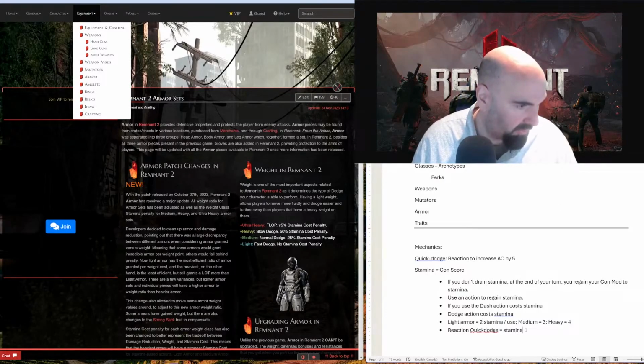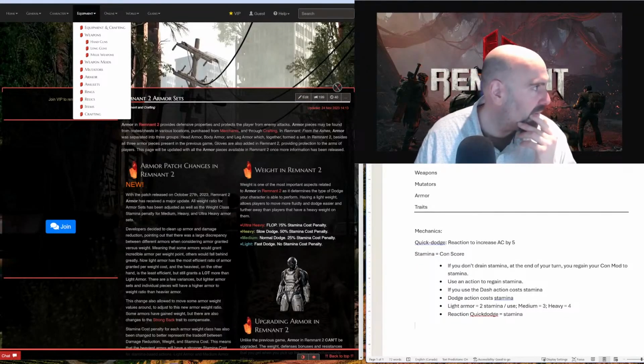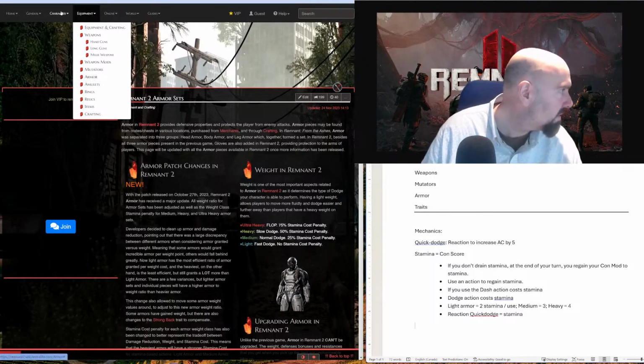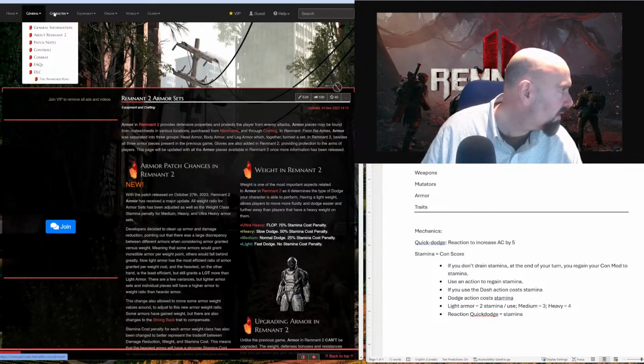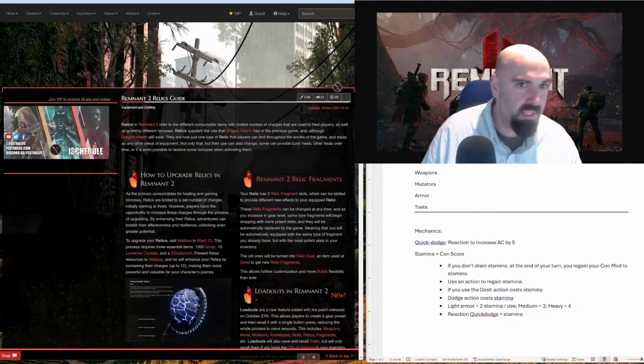And so that's our quick dodge. And the other rule we're going to play with are, specifically, let's see here now, characters' equipment. Are things called relics. Now, relics